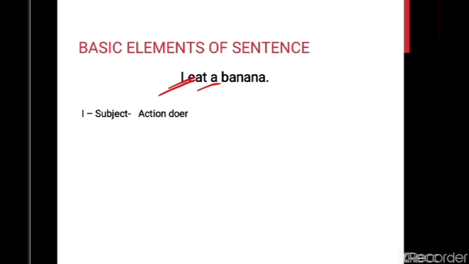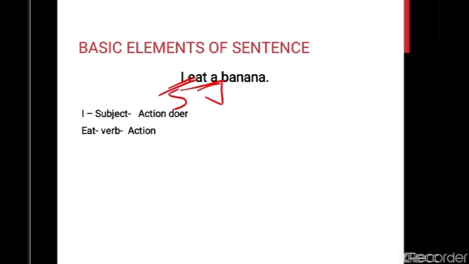Now, the second word is eat. All of you know that eat is a verb. So, verb occupies the most significant place among all parts of speech, as it is the backbone of any sentence, which should make sense and serve the basic purpose of correct expression of thought or action. Here the action word is very important. So, the action of eating is going on, and that is why eat is a verb.